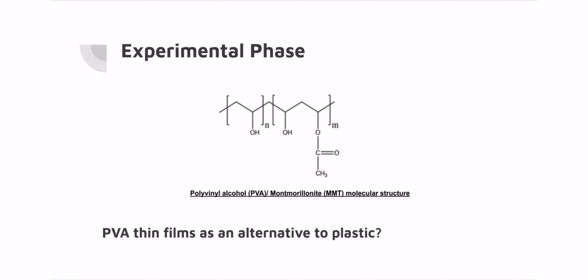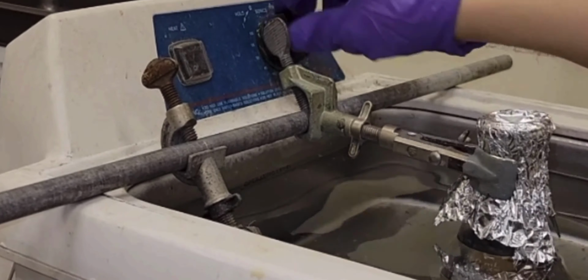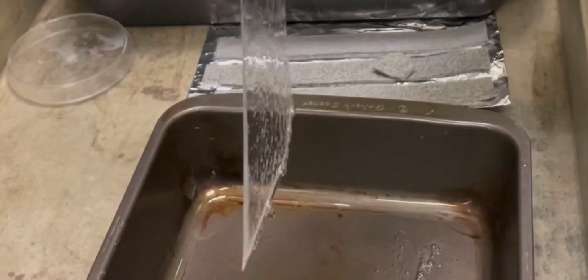For our experimental phase, our objective was to test thin PVA, MMT nanocomposite coatings' capability as an alternative to plastic in packaging and storing products, which were fabricated by a one-step co-assembly process and then investigated for the effect of a polymer's degree of hydrolysis on the performance of the coated substrate through a flow-induced orientation technique.